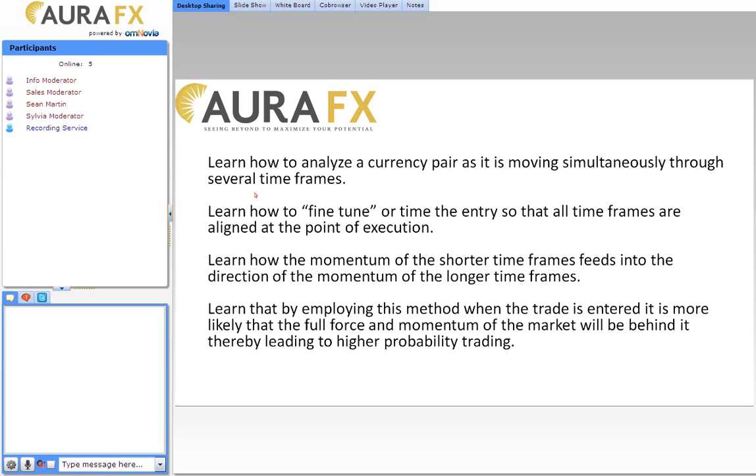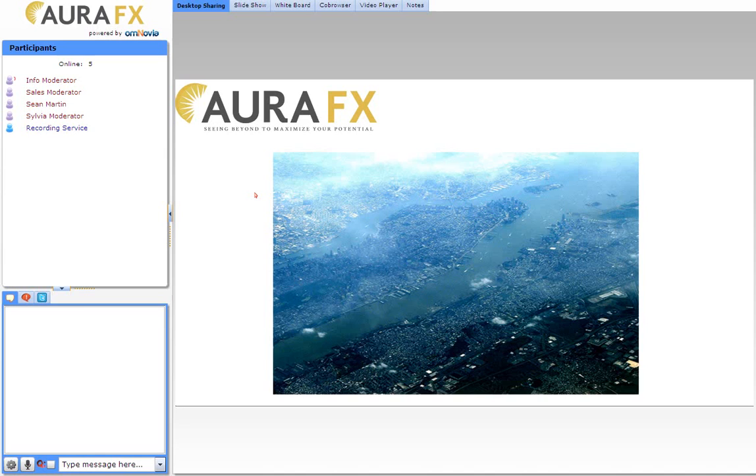Now, this is a map of New York. We know that mostly because some of you may have recognized it, but I'm telling you what it is. This is what's called taking a step back. One of my problems with traders who trade on the short-term charts is that they really don't take a second to take a step back and see which way the market's natural flow is.